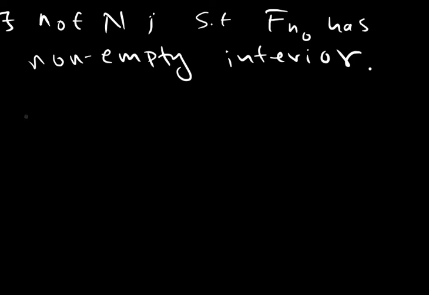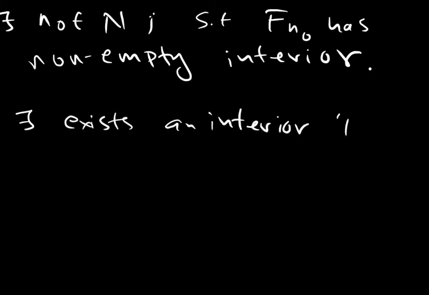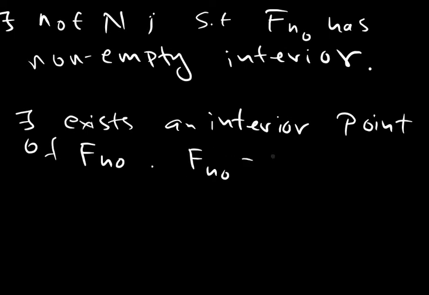In other words, there exists an interior point of F_n naught. Because each of these F_n is a closed set, and this is an interior point in B, we can say that there exists a closed ball